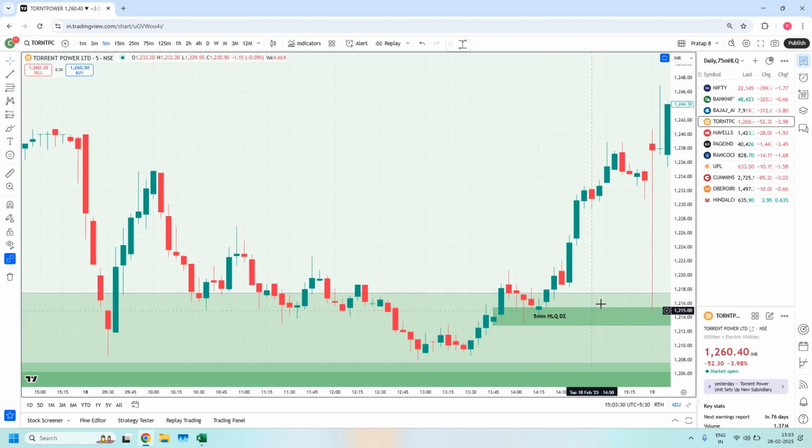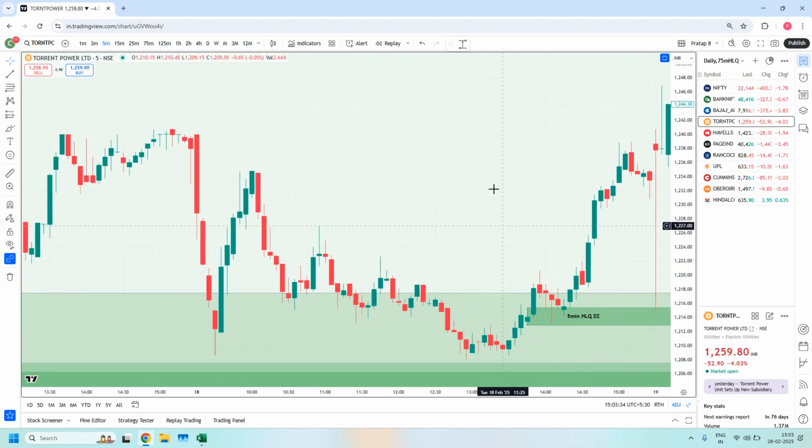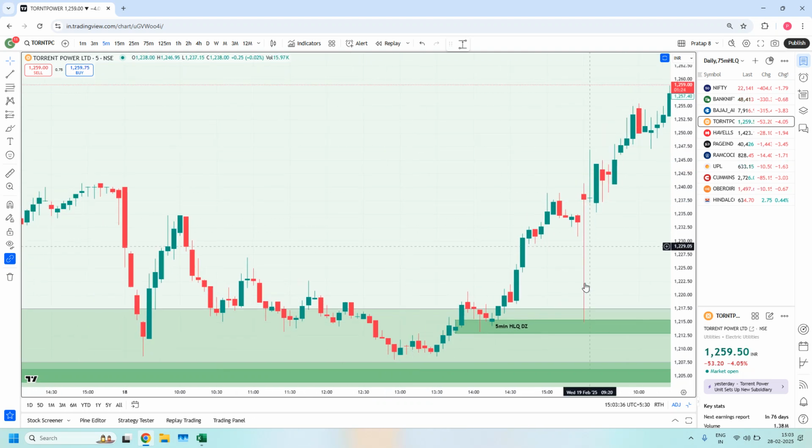But anyway, today price did not reach up to this area. Before that itself, it started moving up. See, previously once prices entered, see how sharply the rejection took place. Maybe this is the morning 9:15, 5-minute candle. Maybe this could be because of some freak trade. That might be. Just one trade,